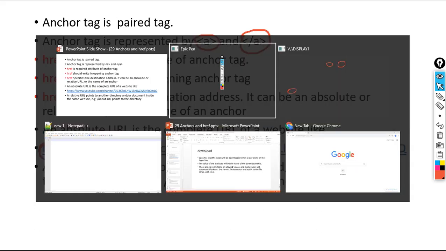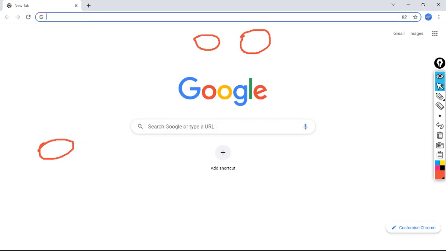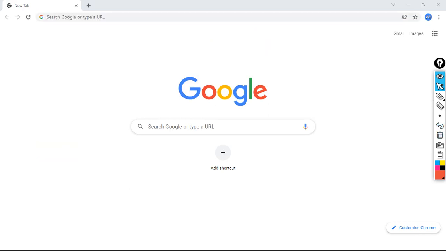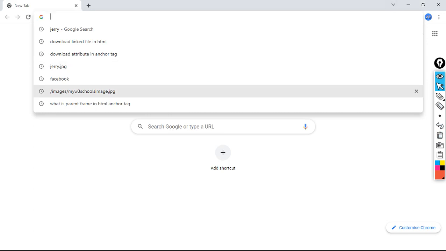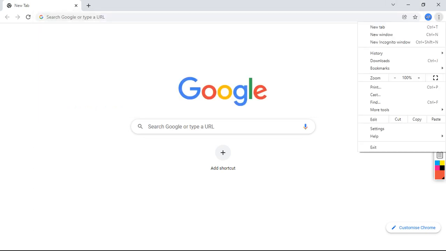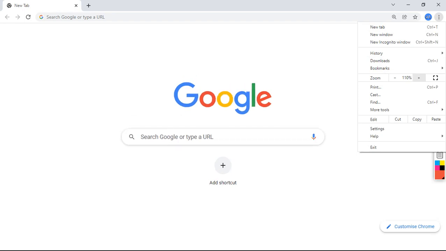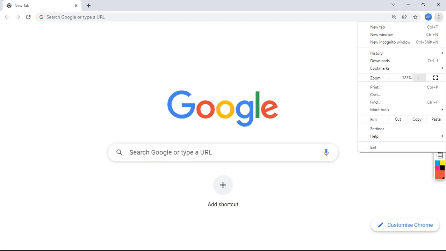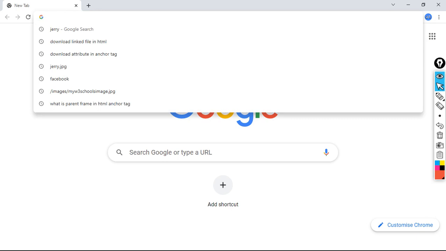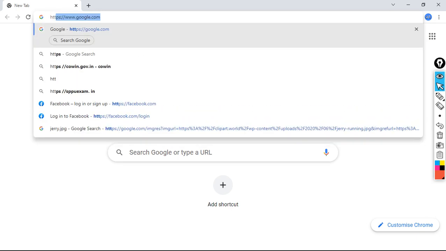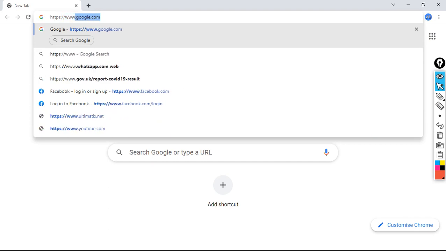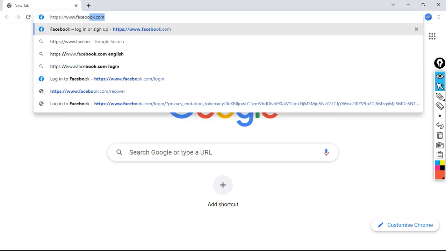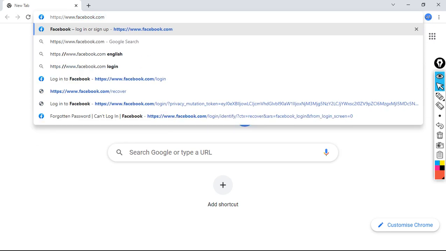Observe here, this is our home page. For better visibility I am increasing the size. See, in the URL bar what I am typing: https colon // www.facebook.com, correct?